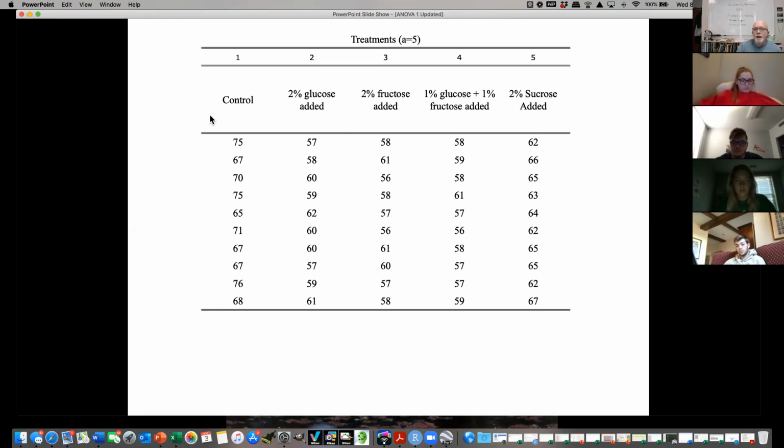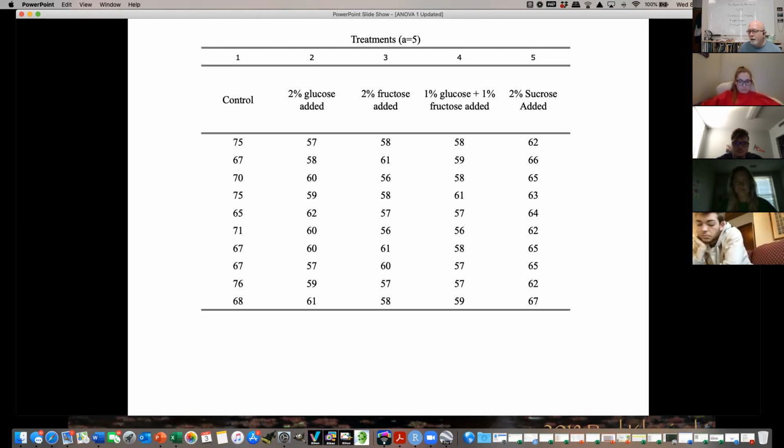And so we have a 2% solution of glucose by itself, a 2% solution of fructose by itself. We then have a 2% solution that is made up of half glucose and half fructose. And then we have a 2% solution of sucrose, which is glucose and fructose chemically bonded to one another. So we have 3 simple sugars, 1 compound sugar. We have 2 simple sugars that are pure in their mixture, 1 that is a combination of the 2, but then this one is a combination of the 2, but they're actually chemically bonded to one another. And so that's the reason for these different kinds of